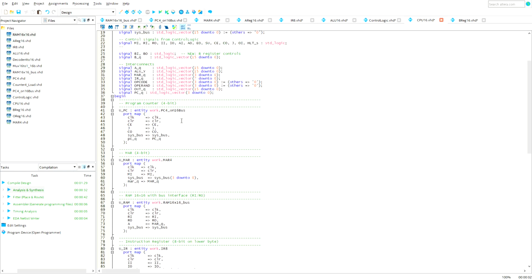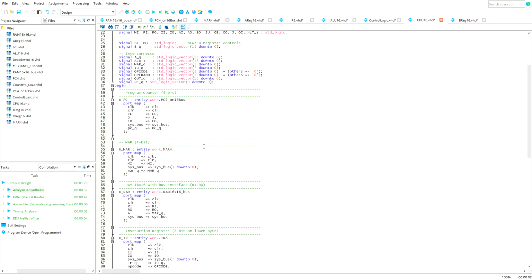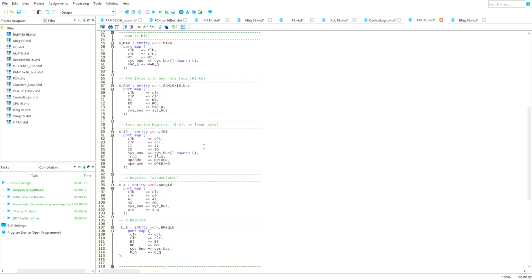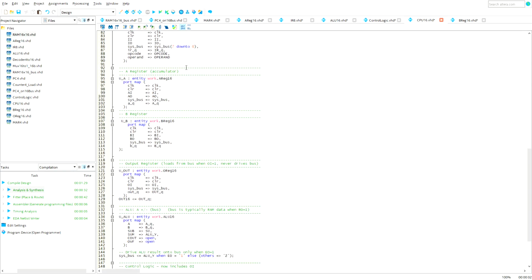A and B registers feed the ALU for arithmetic operation. The ALU's result goes back to A or to the output register. The control logic reads the opcode and coordinates every fetch, decode, execute, and halt step automatically. The next one is